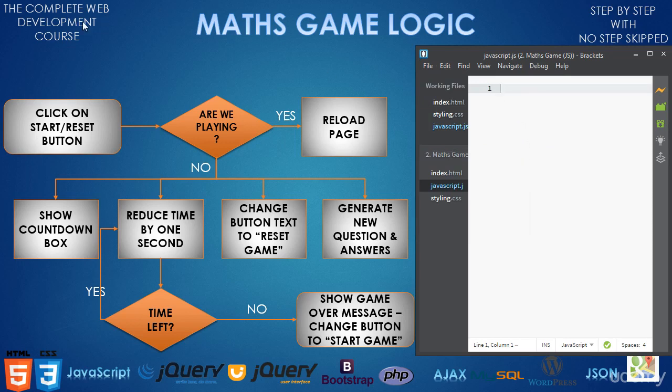Now, let's translate our game logic or process flow chart into JavaScript code. Again, inside an external JavaScript file, we only place JavaScript code in there. We don't write any script tags. So, I'm going to be writing comments so that we can build the structure of our code. So first of all, when we click on the Start Reset button,